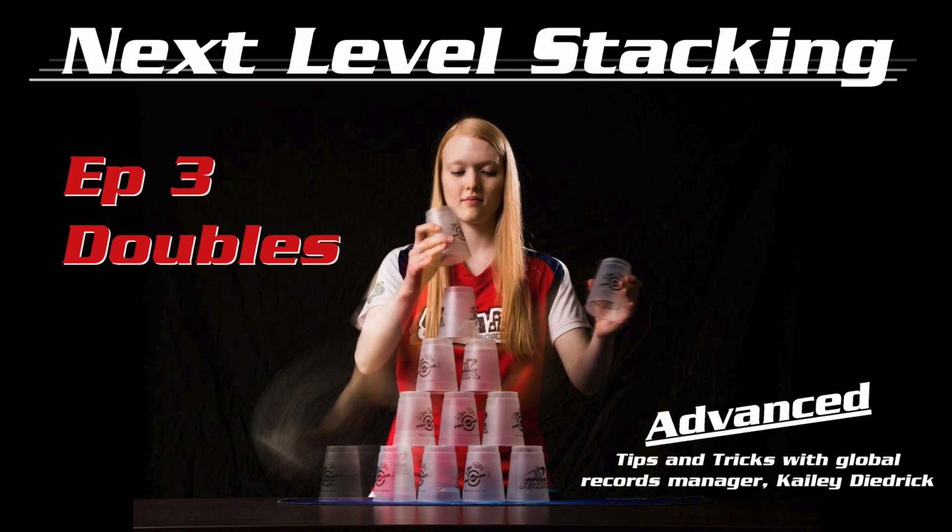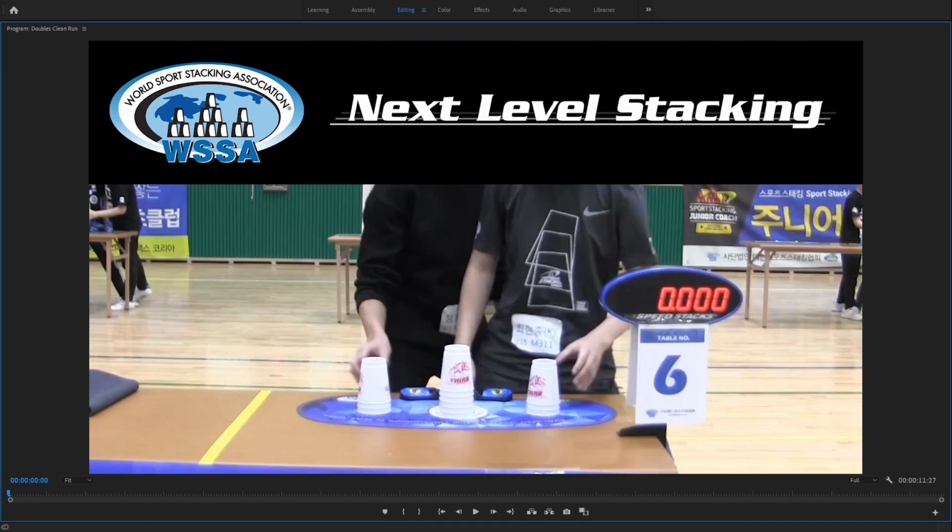It's worth mentioning that the first rule, where each stacker can only use one hand, extends to scratches, or fumbles I should say, and that includes if a cup goes off the table, you have to use the hand you're stacking with to pick up that cup. If a judge sees you pick up that cup with the hand you're not stacking with, that's a scratch. That's right. Okay, so let's take a look at this video, and this is actually a clean run,